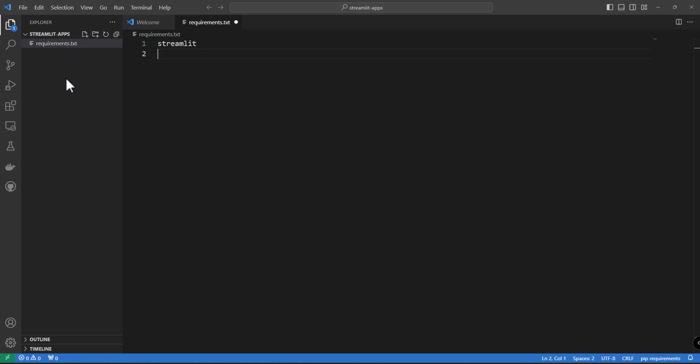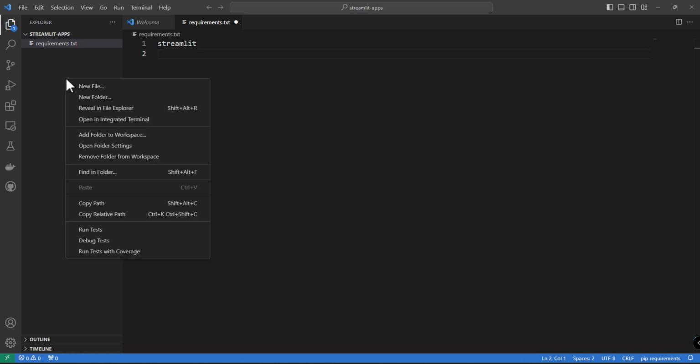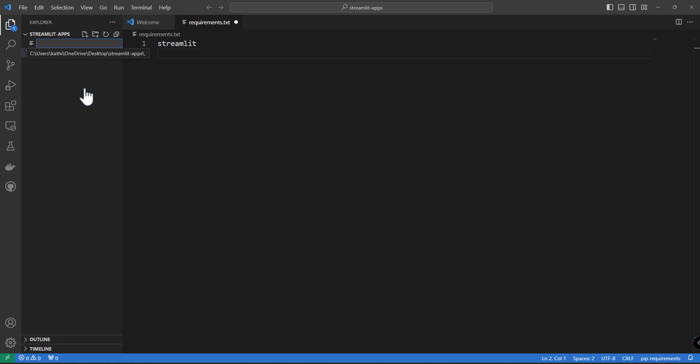So all I'm doing is, I'm just right clicking here and then saying New File. So for example, if I say readme.md, so I'm giving the extensions here myself. So readme.md is a markdown file. So when I click on it, I can start typing in here in this panel. I've created another file called